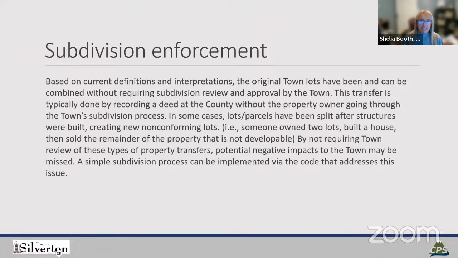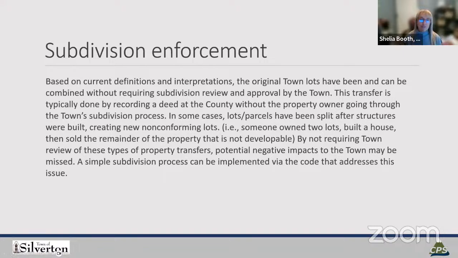So this doesn't have to do with small lot standards, but it does. I know we had a discussion today in our meeting with Clarion, and that's something they're going to be talking about as far as the overall code update. But I wanted you to be aware of how it does impact the small lot development. So if you have these weird shaped lots and you want to combine something right now, you can.